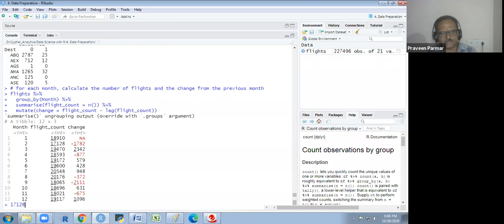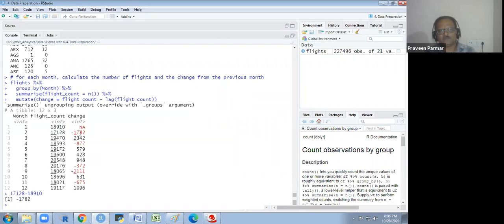Change means the lag function takes only the previous one. So the flight count and its previous one is this flight count. If I run this, you will see minus 1782. Does that make sense to you? From this, I will subtract this, and I will get this.